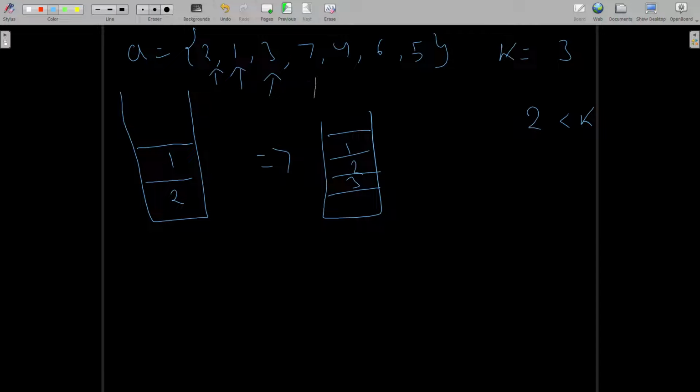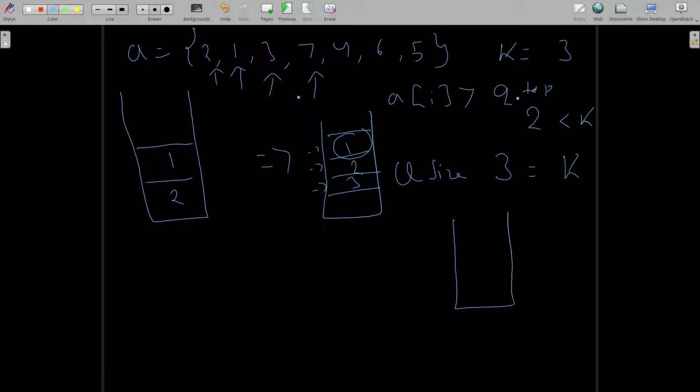Now 7 arrives. Since the queue size is equal to k, that is 3, as there are 3 elements in the queue, 1, 2, 3, we have a condition. We can only insert the array element into the queue if the arriving element is greater than q dot top, that is the topmost element.